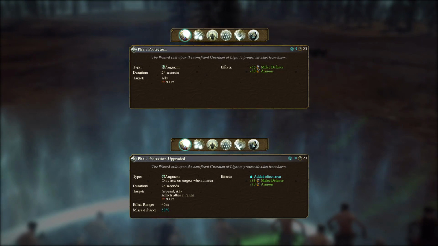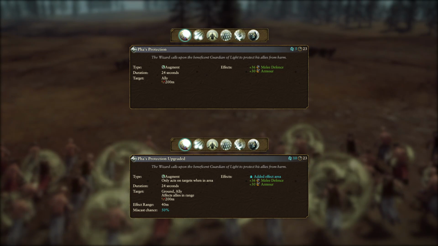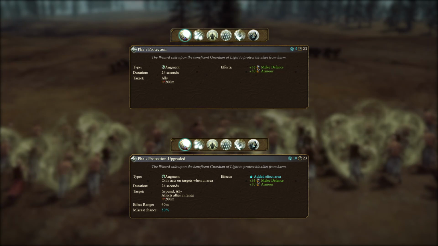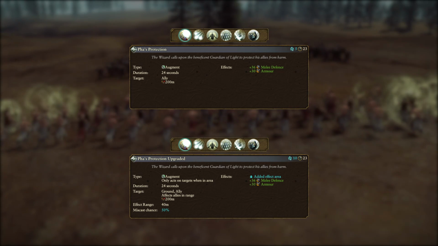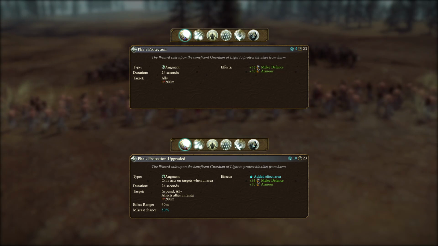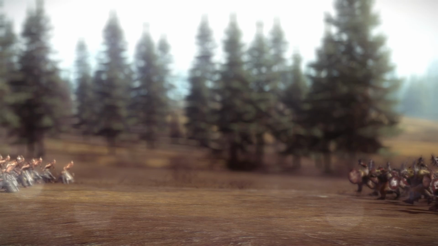Phos Protection is a great augment spell that affects a single allied unit for 24 seconds for a cost of just 5 winds of magic, and a 23-second cooldown. Overcasting costs 10 winds, but adds a 40-meter range, supporting all troops within its range. With a plus 36 to melee defense and a plus 30 to armor, Phos Protection can help weaker units survive